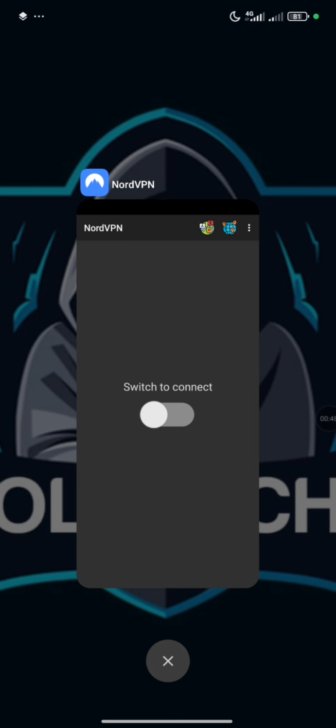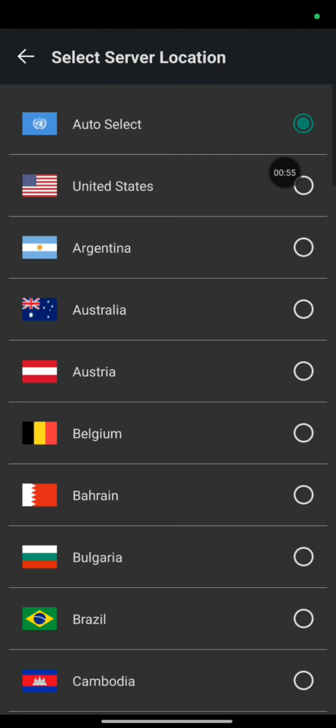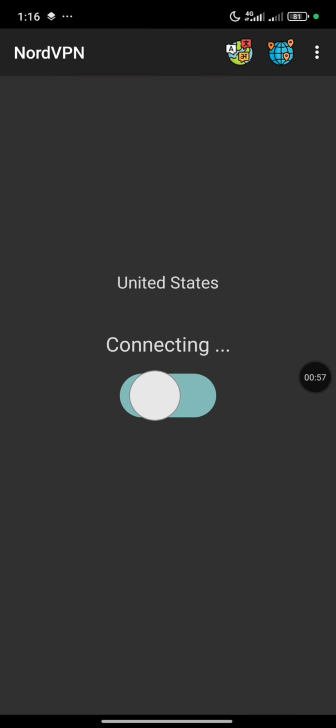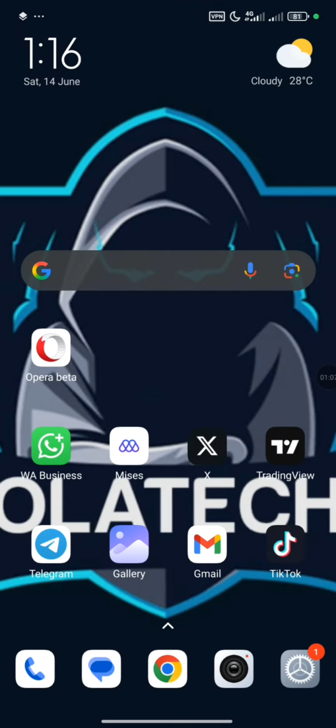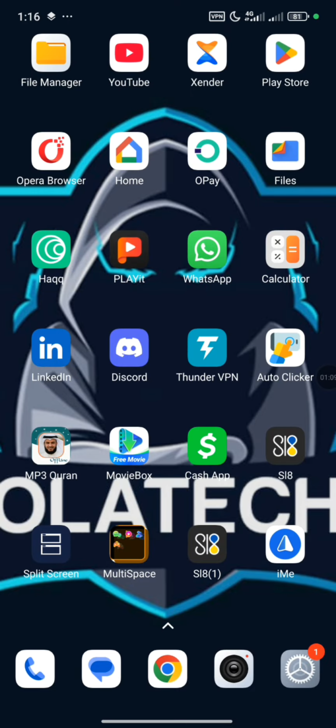Then install it and turn your location to USA. At the top right here, tap this icon, select USA, and turn it on. Once you are connected to USA, head over to your Google Play Store,